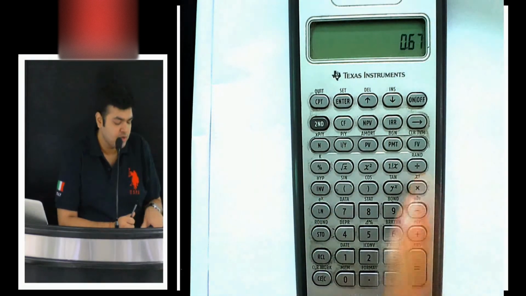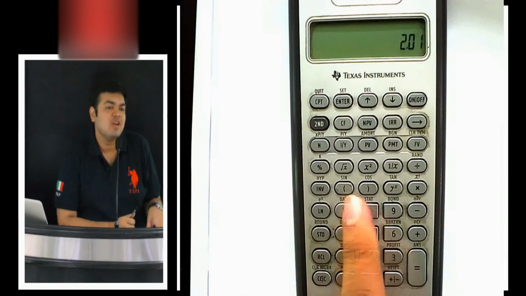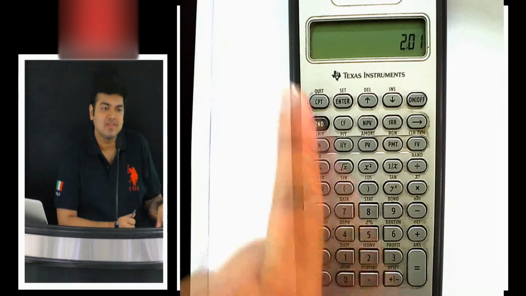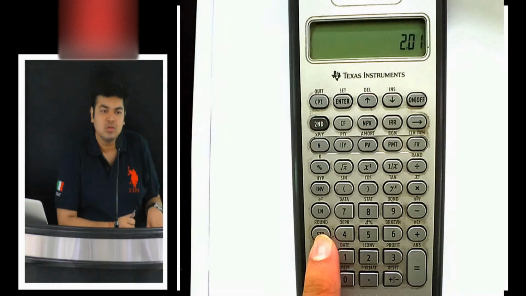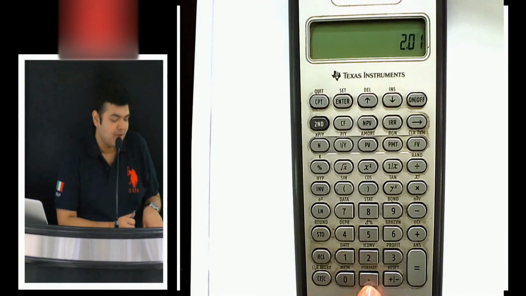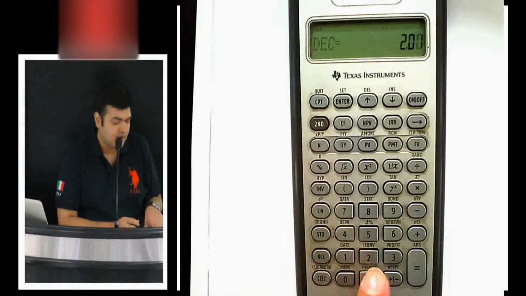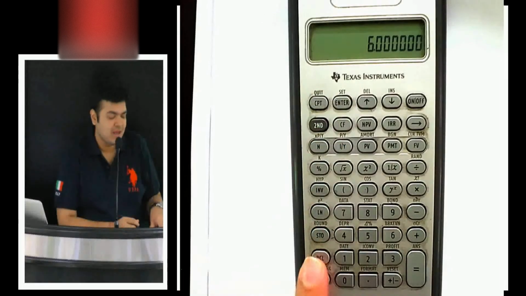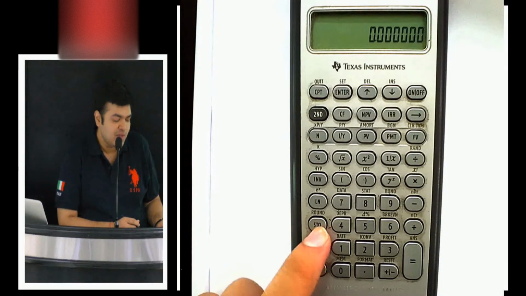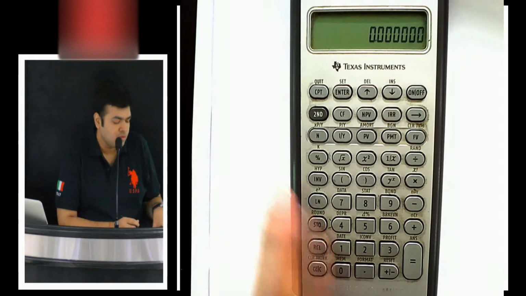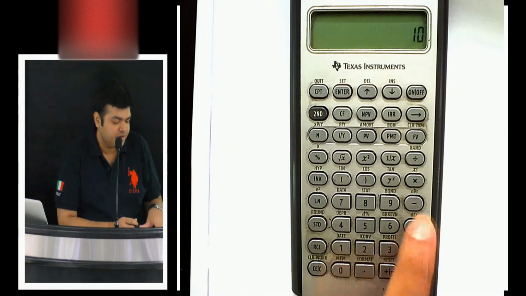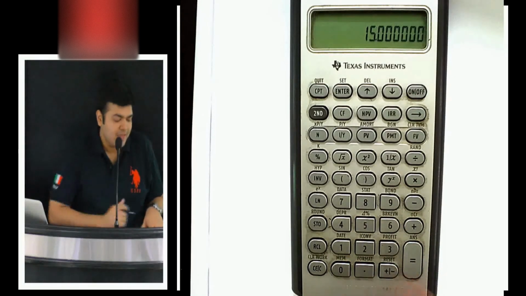Now if I multiply by 3, you see the answer is 2.01 and not 2. So 2 divided by 3 into 3 is 2. But 2 divided by 3 second STO, that is round, is 2.01, because it has rounded off the number to the number of decimal places on the screen. Comfortable, everyone? Second format 6, enter. Let me get back to my 6 decimal places. So that is a round function. Everybody comfortable? Alright.